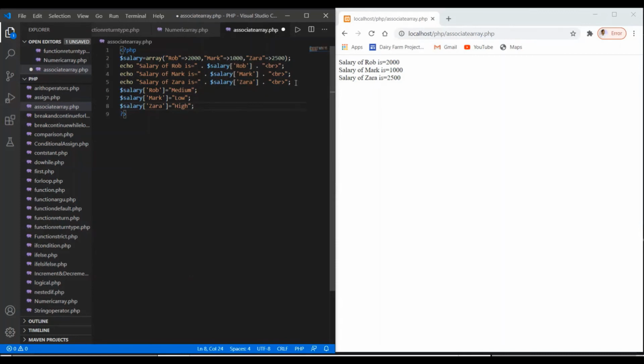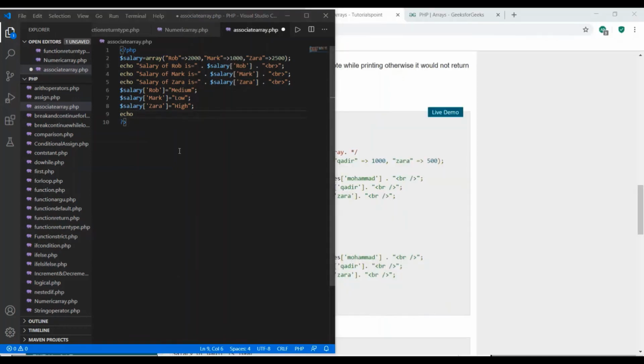So here I'm going to access this. I can write echo, so I'm writing here the same way, but I'm copying it from here to here using Control C, and here I'm going to paste it.